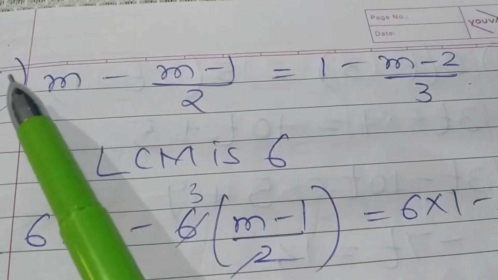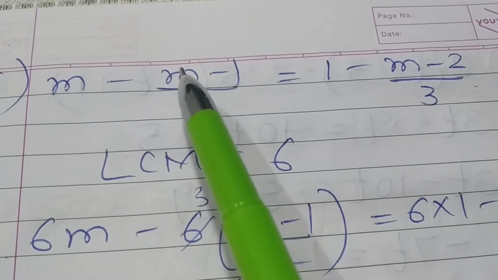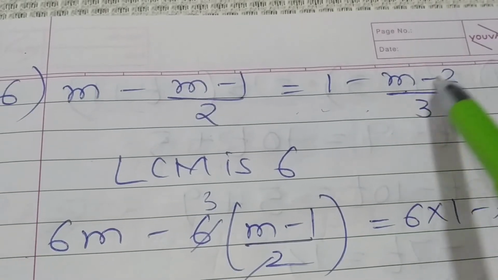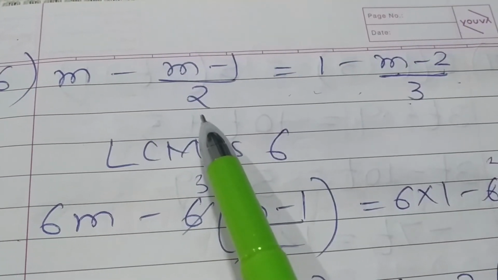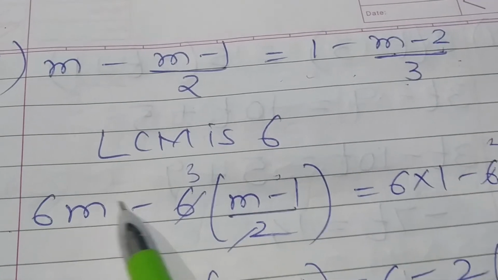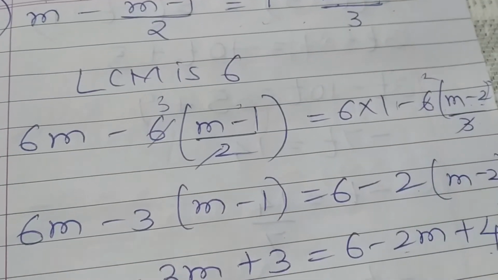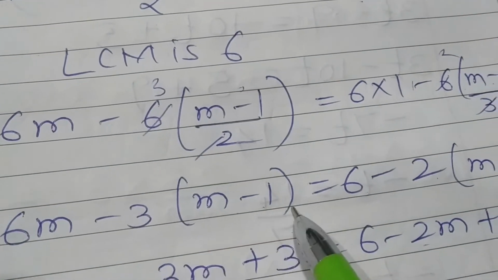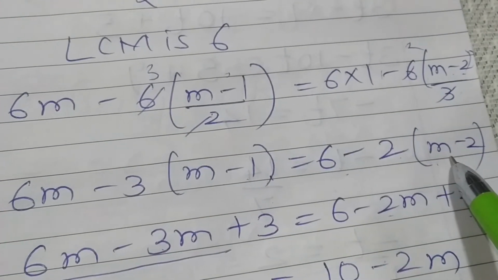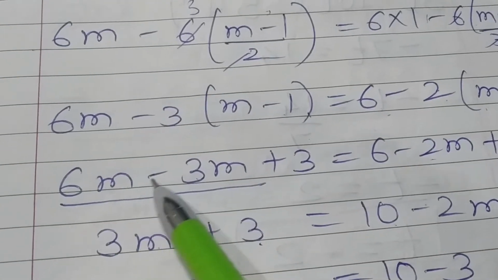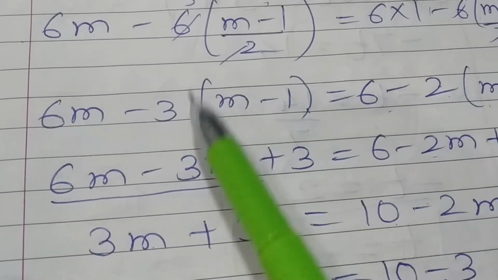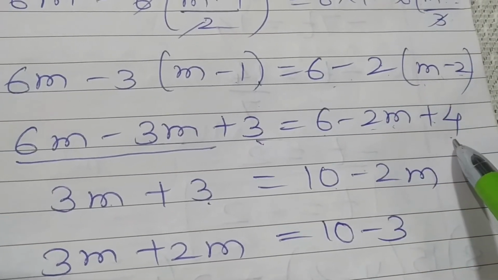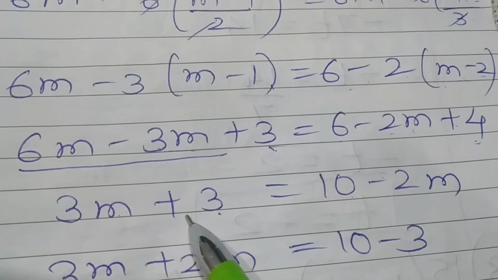Sixth one. (m minus 1)/2 is equal to 1 minus (m minus 2)/3. LCM is 6. Multiply both the sides by 6. So we get 6m minus 3 into (m minus 1) is equal to 6 minus 2 into (m minus 2). 6m, open the bracket, minus 3m plus 3 is equal to 6 minus 2m plus 4. 3m plus 3 is equal to